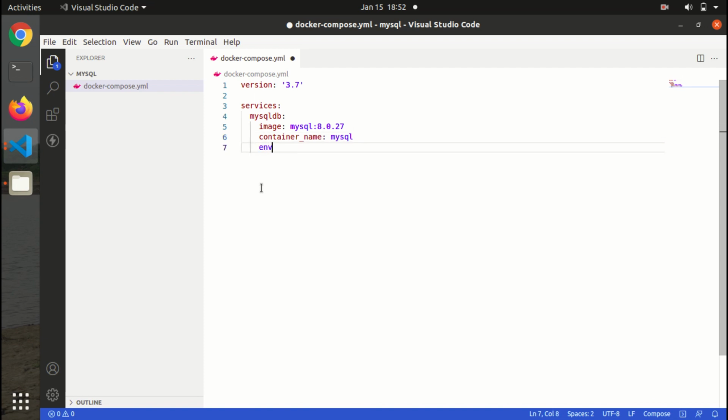We'll pass the MySQL root password as an environment variable to the container. And we'll bind a local port to the Docker port 3306.